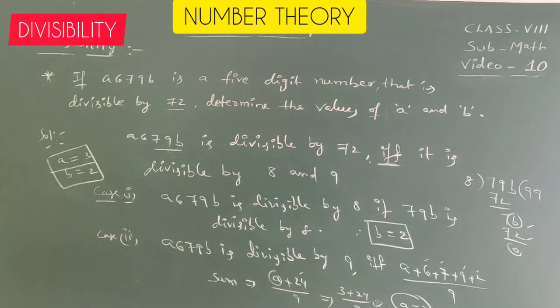A679B is divisible by 9 if and only if the sum of its digits is divisible by 9. Except for A, the sum is 24. If we replace A by 3, the sum is 27, which is divisible by 9. The next possibility would be 12, but 12 is a 2-digit number, so that doesn't exist. Since digits are unique, one and only one possible value for A is 3, and one and only one possible value for B is 2. Here the required values are 3 and 2.